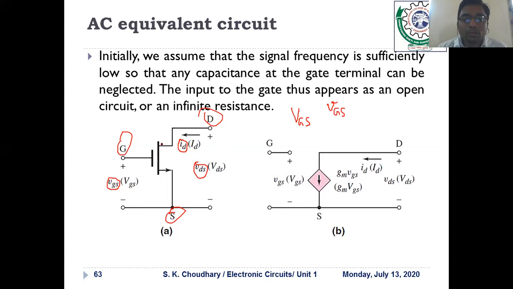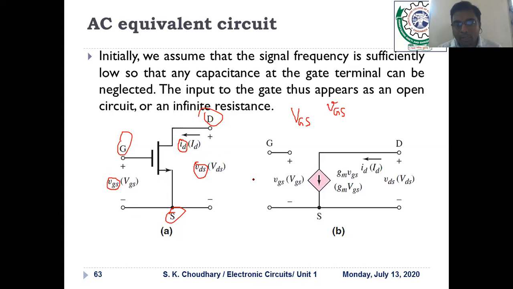Now, this is the general N channel MOSFET, a two-port network: one input port and another the output port. In the input port, the voltage is VGS. In the output port, the voltage is VDS. Here we have considered that the AC signal we apply through the function generator is of very low frequency. If it has very low frequency, the reactance offered by the capacitor C1 in the circuit diagram would be very high, so it is considered as an open circuit. That's why the capacitor is not shown here.